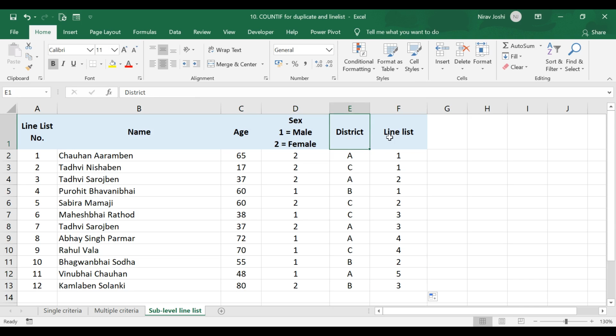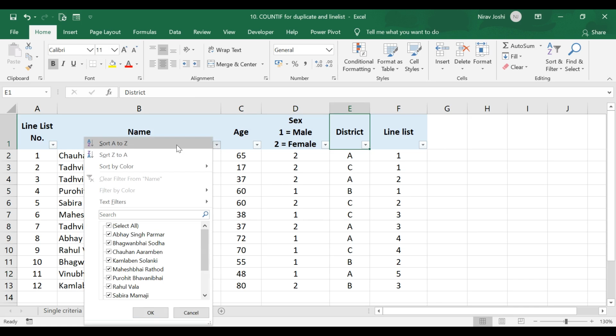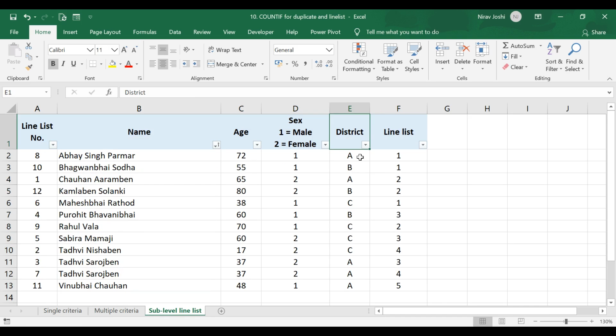Suppose we apply a filter here for some analysis purpose. If we sort this data based on name A to Z, then it will automatically change the line list, because now the second one is with the first line list number and the state level 8 line list number is the first one for that specific district.